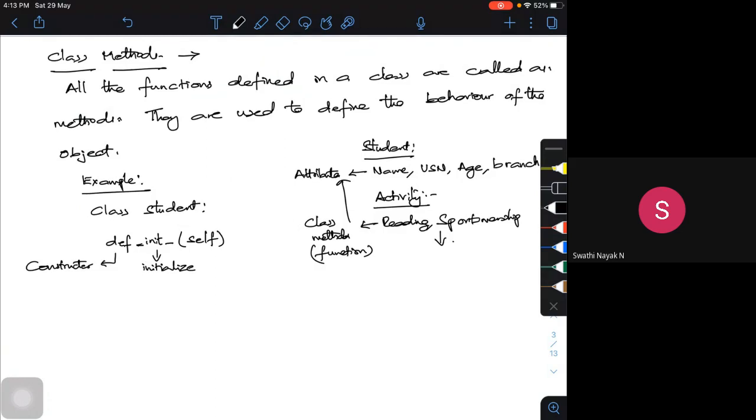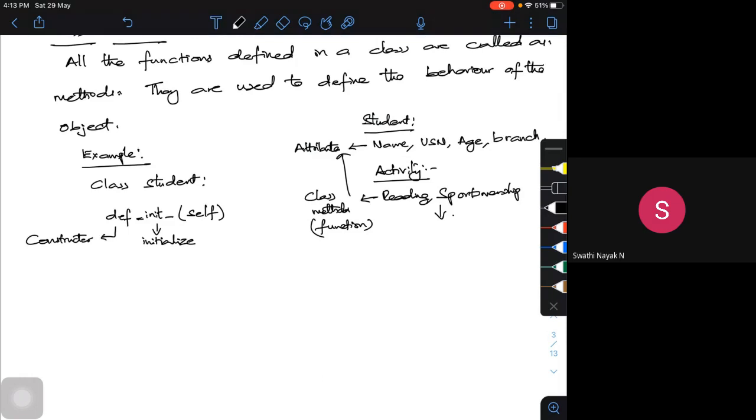Okay, so when you speak of class methods, I was discussing class methods. Here, if I have a class of student with some kind of data, this is called class attributes. If I want to define a student, I can define it with n number of things. Let me take four parameters: name, registration number, age, and branch, and some activity, what activity he is doing. He may be reading, sportsmanship, or some kind of lab, whatever. I'm taking one or two. So these are called class methods.